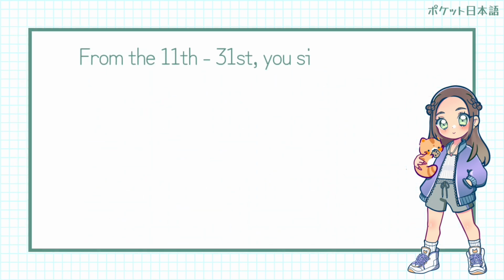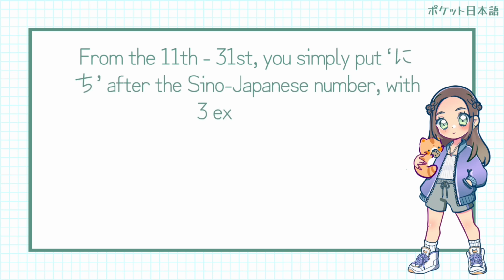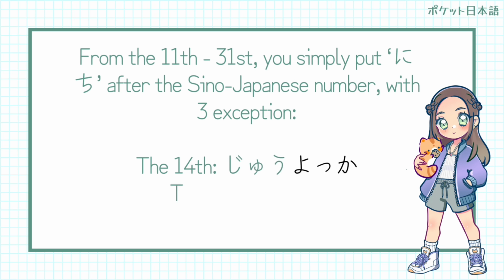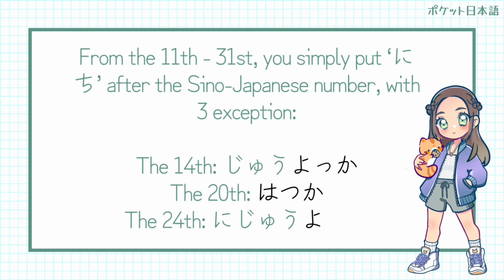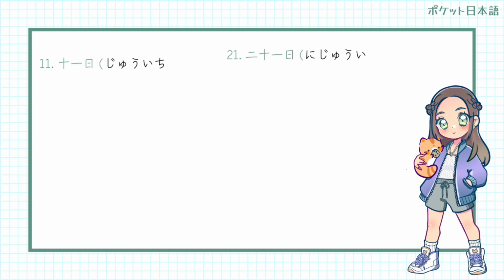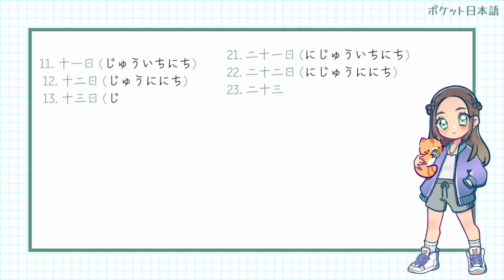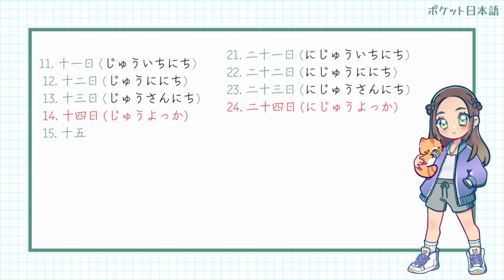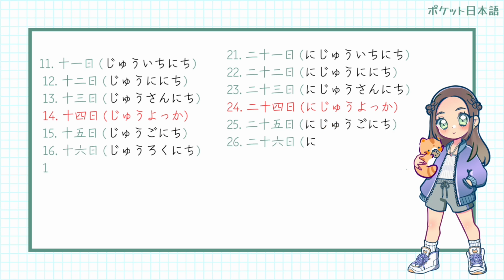From the 11th to the 31st, you simply put nichi, another reading for day, after the Sino-Japanese numbers with 3 exceptions. The 14th, juyokka, the 20th, hatsuka, and the 24th, nijuyokka. Let's go. The 11th, juichi nichi, 12th, juni nichi, 13th, jusan nichi, 14th, juyokka, 15th, jugo nichi, 16th, juroku nichi,